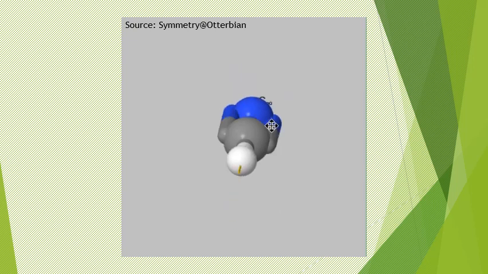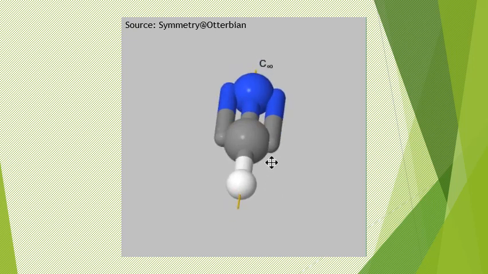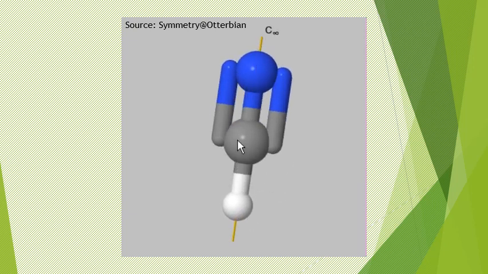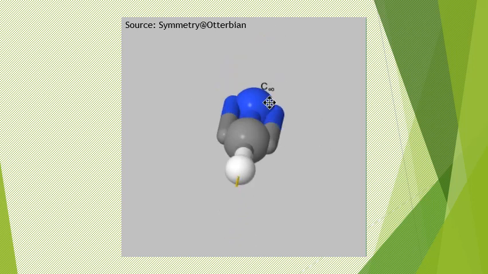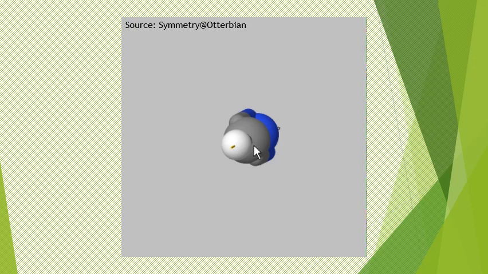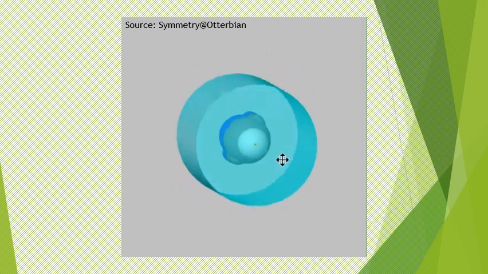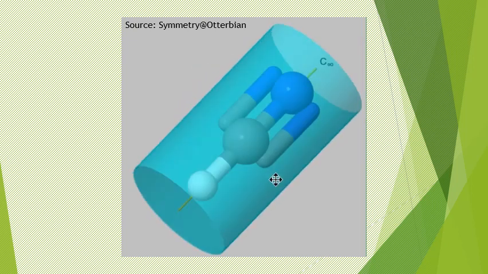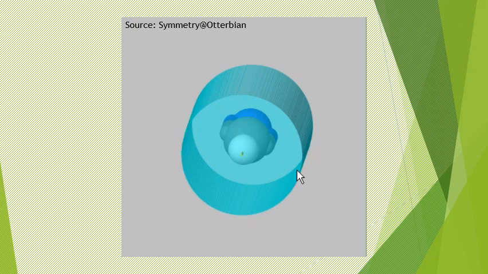Along with that, here an infinite number of sigma v's are present. Let's say I pass a plane in this way that bisects the molecule, or say I rotate the molecule to some orientation, and now I can pass a plane like this. Now I can pass a plane like this. So I can have an infinite number of planes. Essentially, if I include all those planes, it will be like this. So an infinite number of vertical planes are also possible in the case of this molecule, C infinity v.